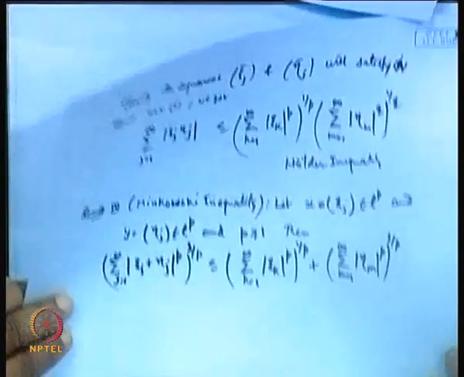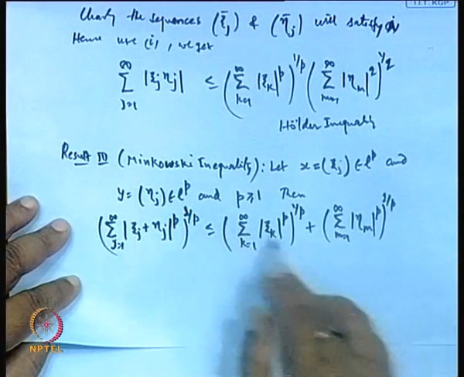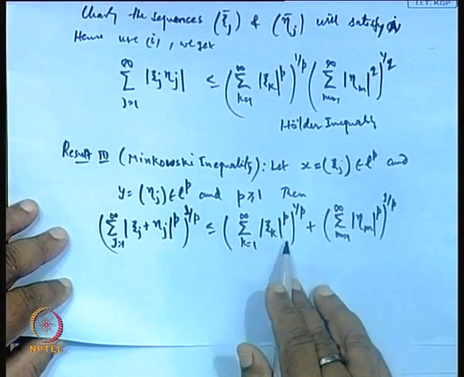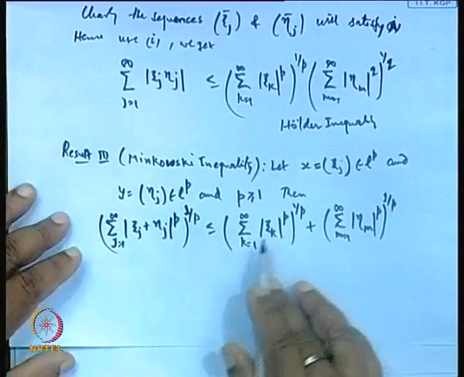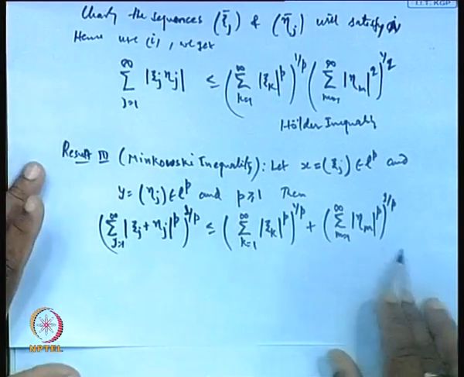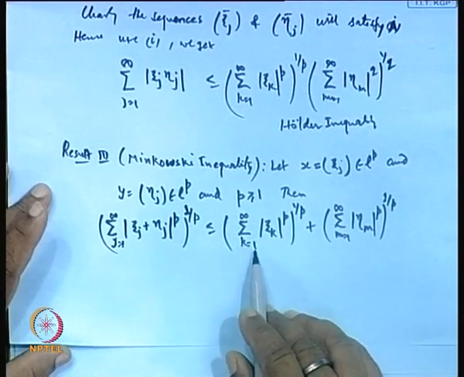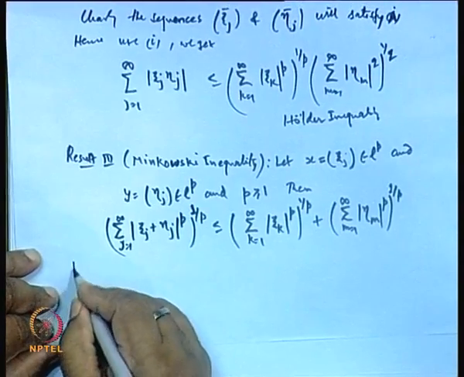The second part is that here we again take k from 1 to infinity, as I told you earlier, that we are free to choose the terms in any fashion, still the sum will remain the same. So, that is why there is no loss of generality even if I take k equal to 1 to infinity or j is 1 to infinity like this. Okay. The proof of this,